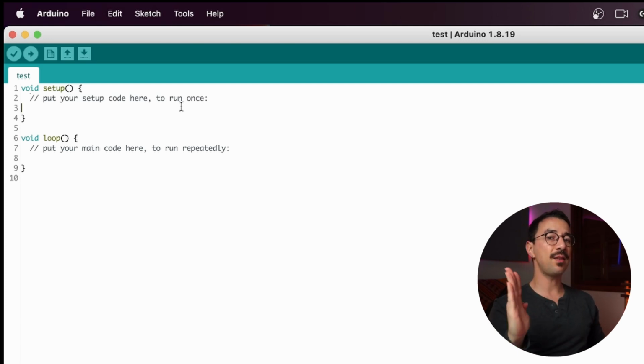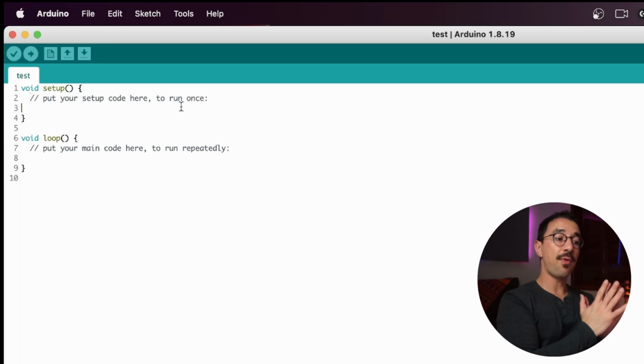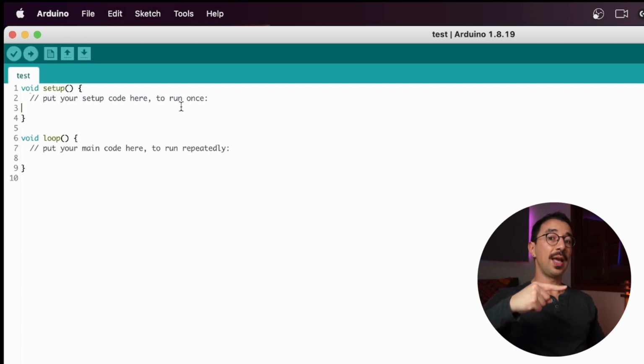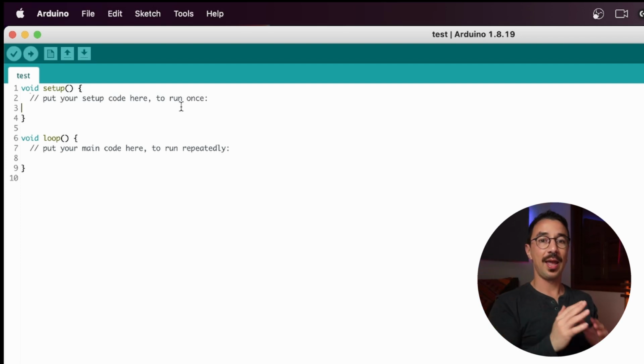Everything in the void setup will only happen once. And in the void loop is where it's going to happen in a loop forever, as long as it is connected to the USB. So it's going to run once, and then another time, and then another time. Let's see what can we do here.